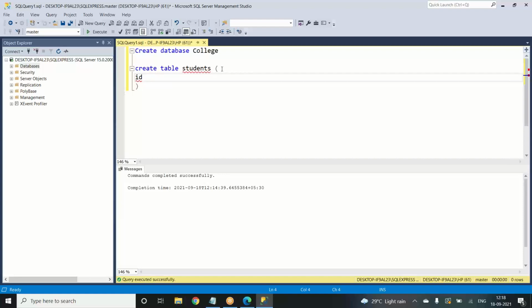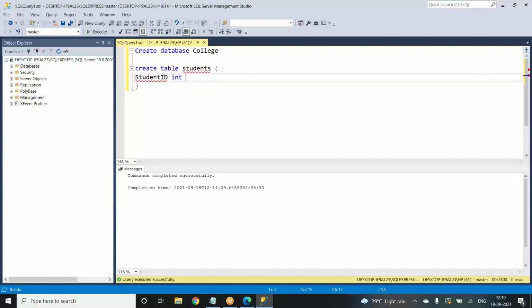And after giving this ID is the column name. So we can write it as a student ID or a course ID, whatever it is. So you can write it as student ID. Right? And then we have to give the data type of it. If anybody is from a coding background, they would understand data types. Data types are very simple, like whatever input we are giving. For the student ID, what would be the input? It would be in the numbers format. Whenever we have any kind of input in the numbers format, mostly we would give the int data type. Those numbers are represented in the integer format.